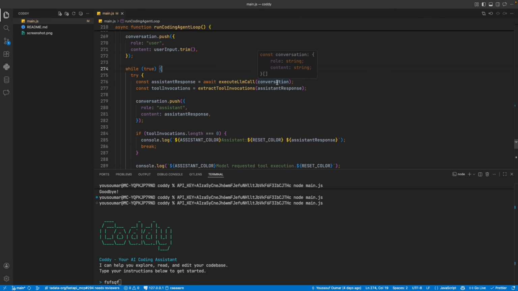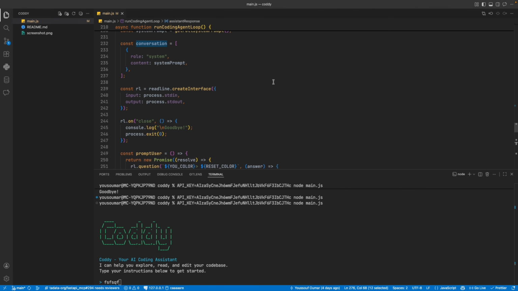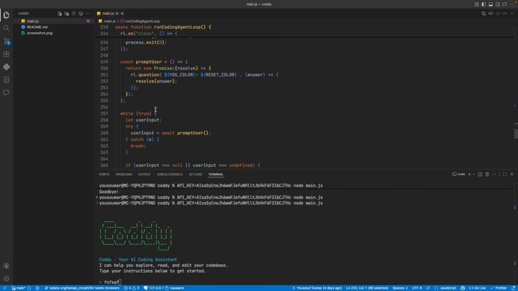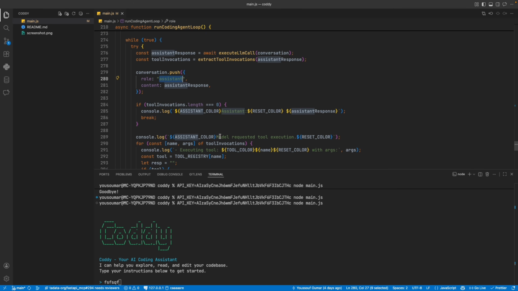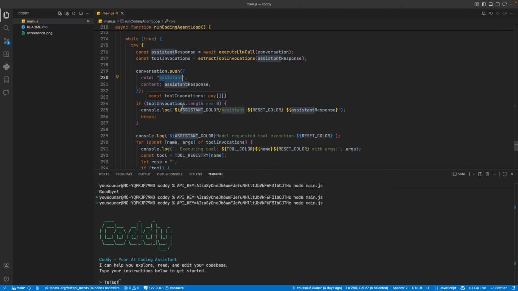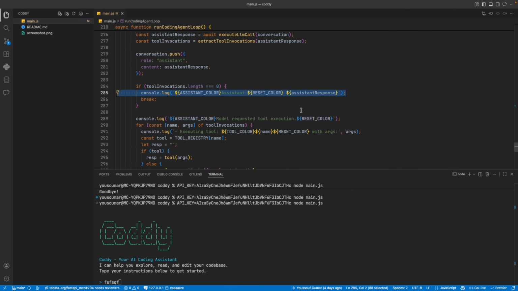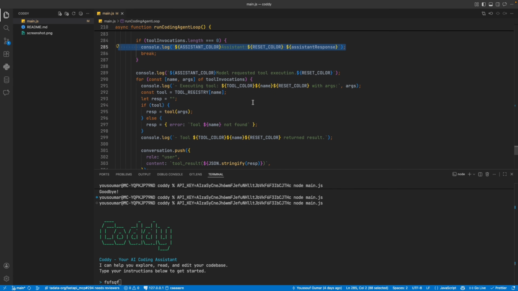And we're gonna call the LLM with a conversation array that will contain our system prompt and then the user message. And we're gonna get back a response from the LLM. And we look in the text that the LLM has sent us whether there is a tool call or not. And then we push the response from the LLM using a role called assistant here. So we're gonna push it here, and then we look whether the LLM asks us to make a tool call or not. If there is not a tool call, we're simply gonna output the message to the user and we are done. If it is not the case, the LLM has asked to make a tool call.